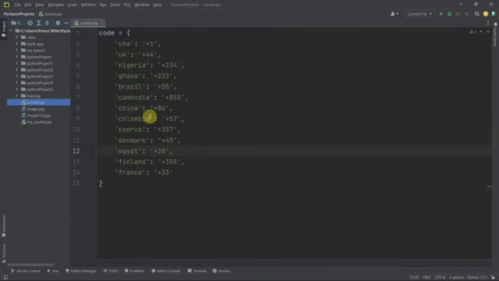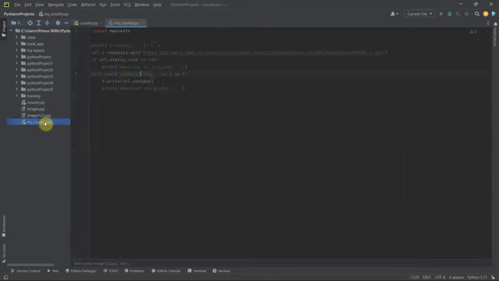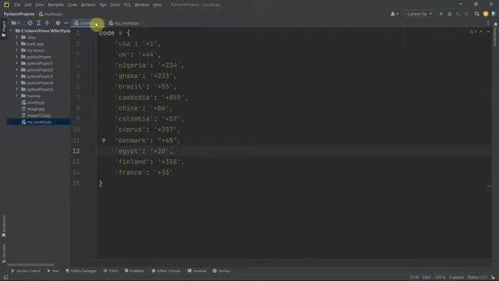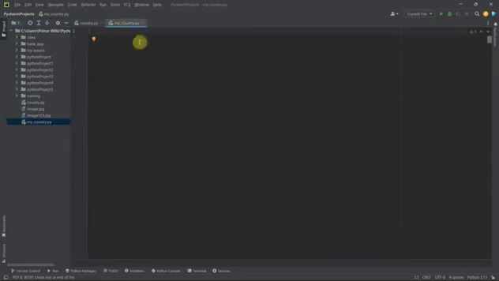Now in the same directory I'm going to create another Python file. Okay, here's the one we are using. I have created another Python file named my country. They are saved in the same directory. Okay, now if I go to my country,